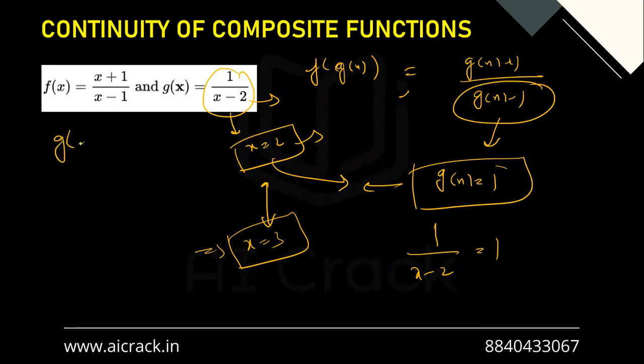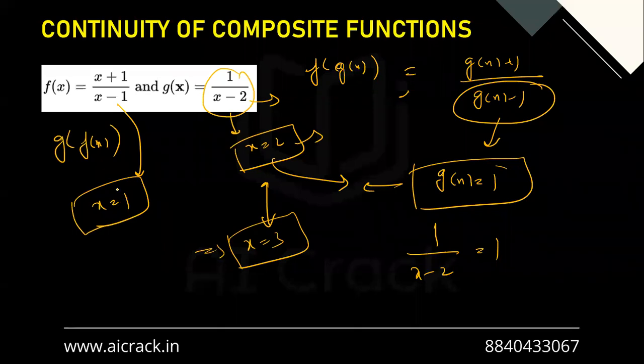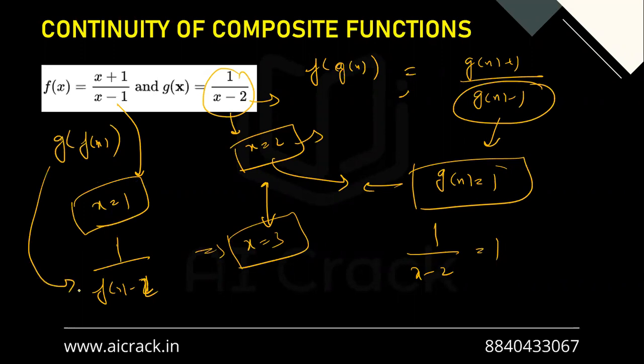Now let's write g of f(x) over here. Now what we'll do, we'll look at the domain of f(x). So at x equals 1, we can clearly see that f(x) is not defined, so basically discontinuous. So this is going to give us one point. And also, g of f(x) is 1 upon f(x) minus 2. So f(x) equals 2 would give me one more point in addition to this one